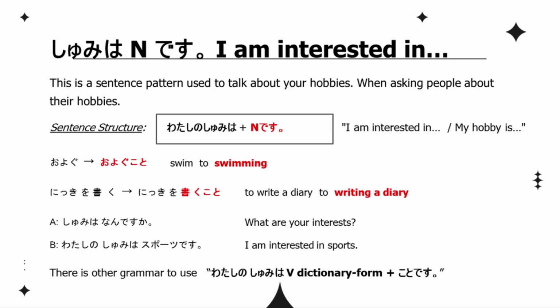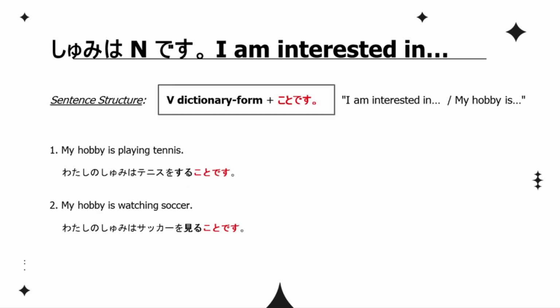What are your interests? 趣味は何ですか？I am interested in sports. 私の趣味はスポーツです。My hobby is playing tennis. 私の趣味はテニスをすることです。私の趣味はサッカーを見ることです。